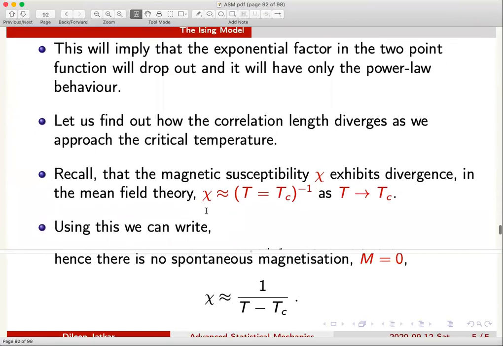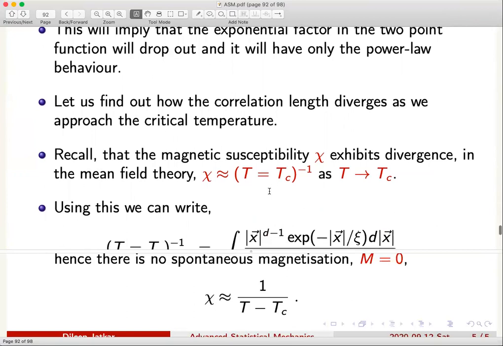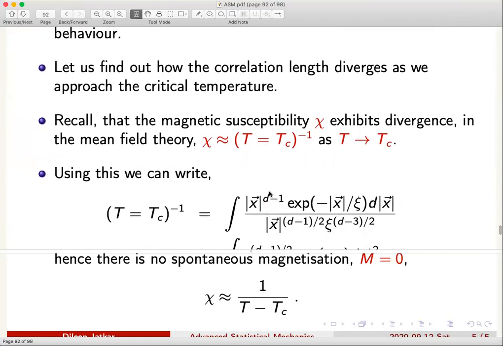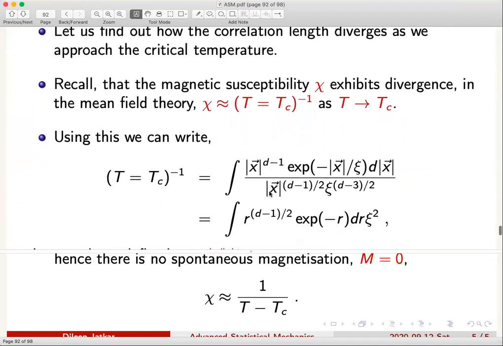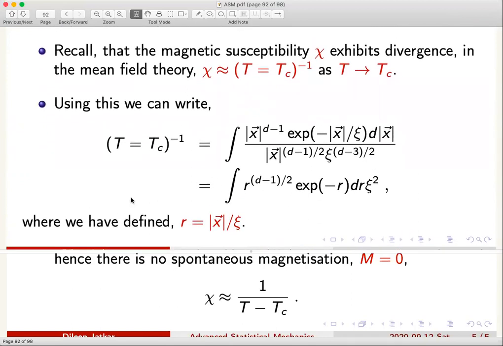So what we'll do is stay in the neighborhood of T equals Tc. In the neighborhood of T equals Tc, chi shows this divergence. This is the same expression that I'm writing down. So not an equal sign, it should be a minus. The number of typos is just growing, I think. I have copied it from there to there so I can see the propagation of the error. But anyway, we are substituting chi equals (T minus Tc) inverse, and the right hand side is the integral of G.